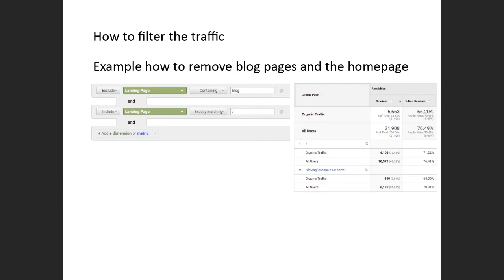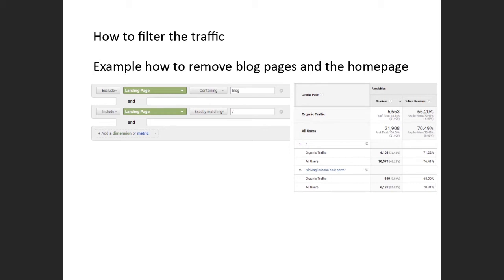And I've entered a slash here because, as you'll see on this report, that is obviously, to me, the homepage. It gets the most traffic, which is completely normal. The homepage would get the most traffic, and Google has identified the homepage with a slash. So we've put that slash into this box, and rather than say containing, because containing would eliminate all of these line items from the report because they all have slashes in them, we've said exactly